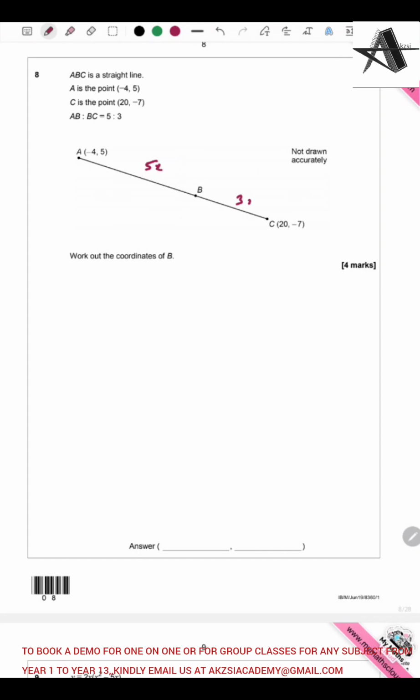So I can say x is the value of each. Now we have to work out the coordinates of B. See, we can draw like this to better understand it. Here I can apply the section formula directly as well, but that's really not in your syllabus, so I can just use the conventional way of solving it. If I can divide it like this, then